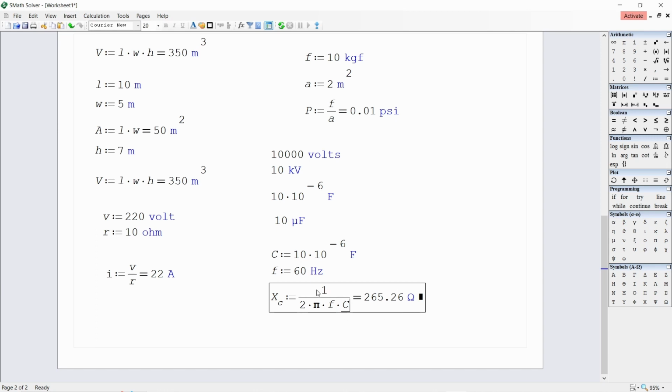Instead of using the value 10 times 10 to the negative 6, we can use 10 microfarads. So if we just convert this to microfarads, Xc will still be the same. It will not change because we simply converted 10 times 10 to the negative 6 to its equivalent of 10 microfarads. So no changes in the result.